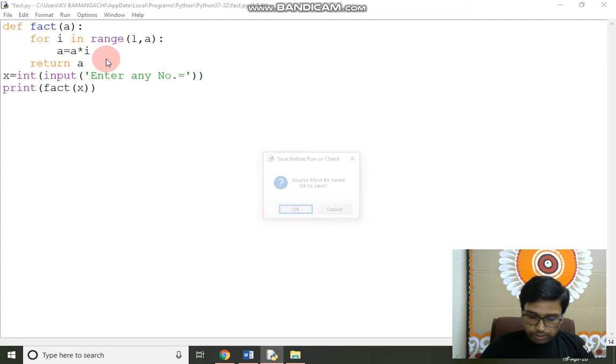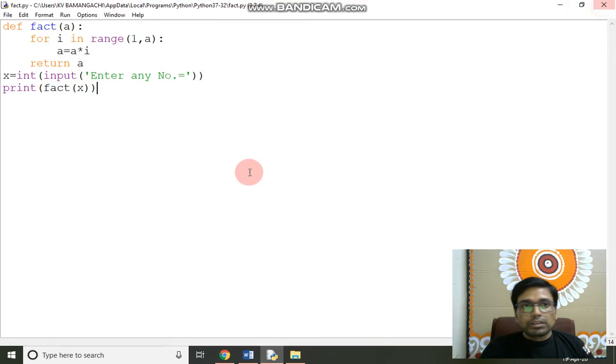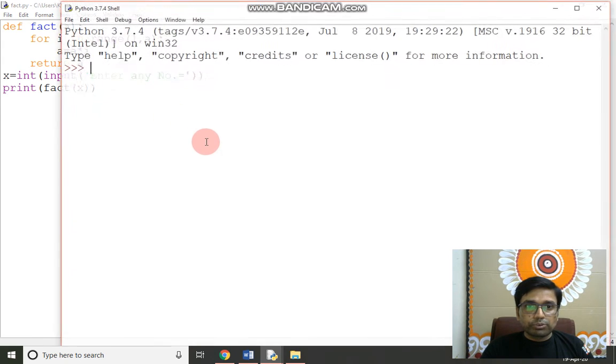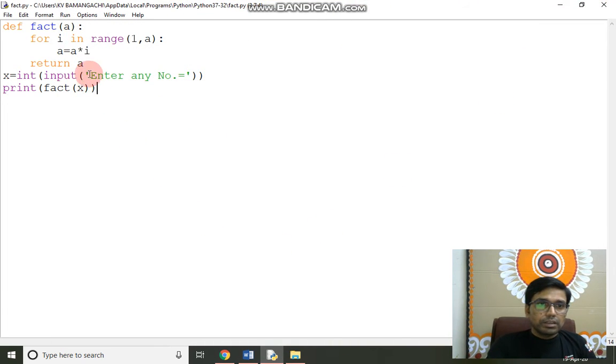Now you can run this program. I have given here number 5, then the output will be 120. Again I am giving a number and executing this program. I am giving number 6, the answer will be 720. In this way, this statement executes many times up to a minus 1. We have given the condition that this statement should be executed starting from 1 to a minus 1.